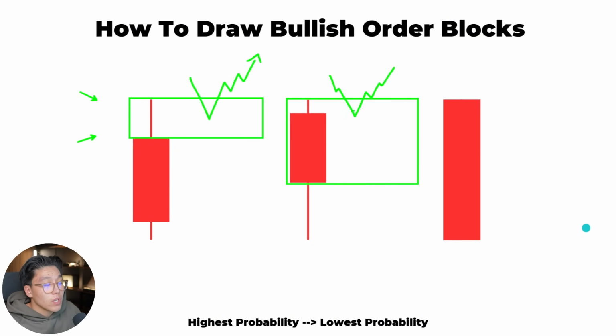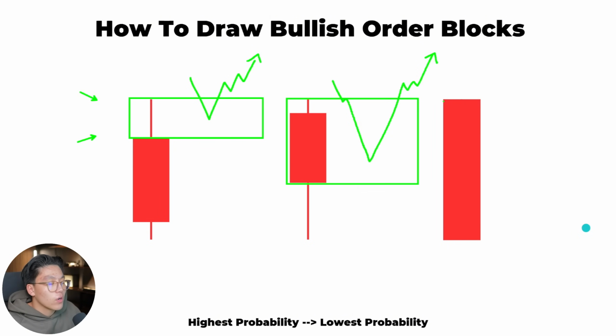It can tap the top of the order block. It can come a little bit deeper into the body of the order block and still be bullish for a continued push towards the upside. And then on the right hand side is our lowest probability order block, which is when we don't have any